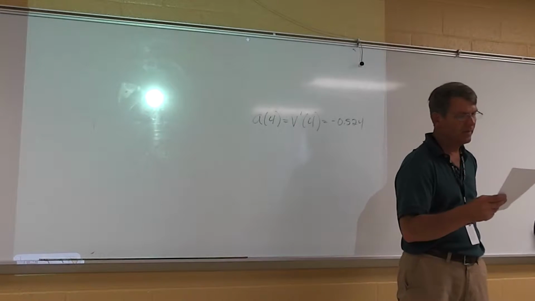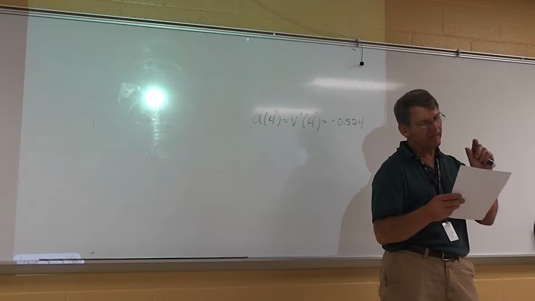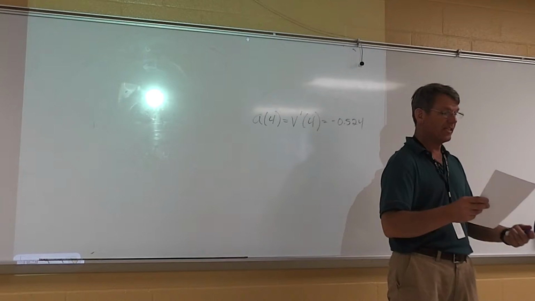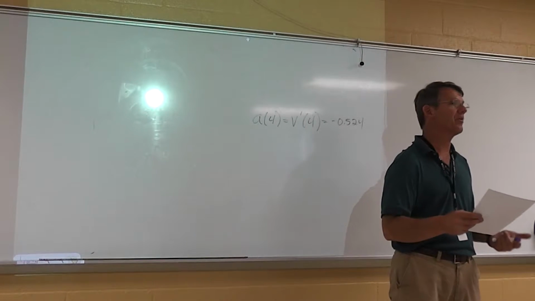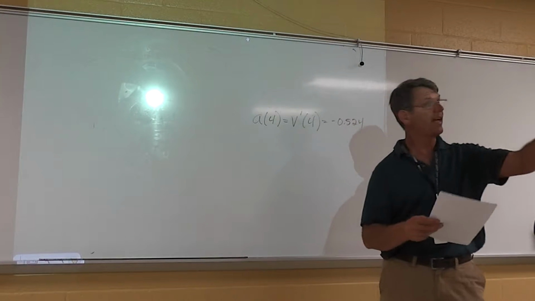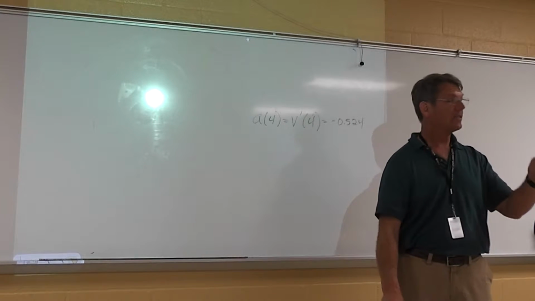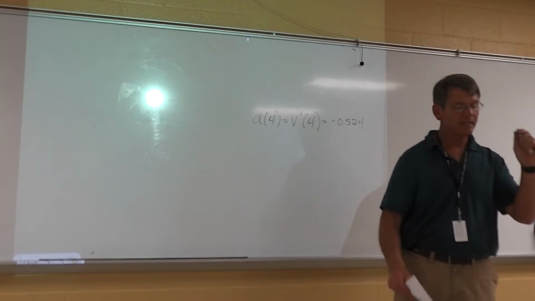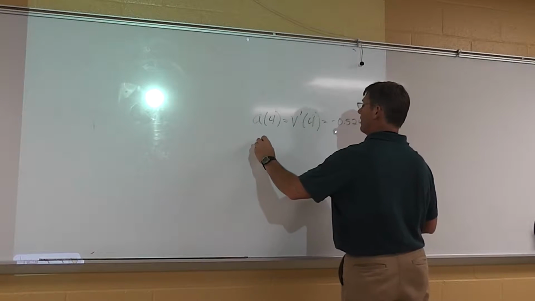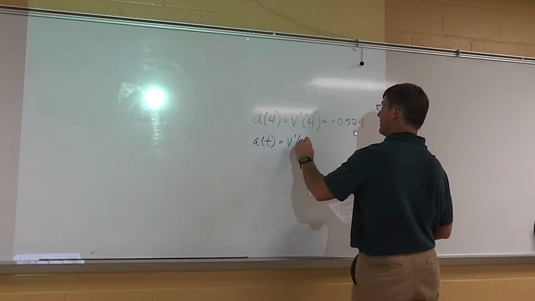Well, but now be careful. In a sense, we're just turning their question around and just restating it. You said statement 1 is true because velocity is decreasing. That's what we're trying to prove. Velocity is decreasing because you found what? The acceleration. It's negative. The acceleration is negative. So you want to say something to the effect of the acceleration at time t is the derivative of velocity at time t,